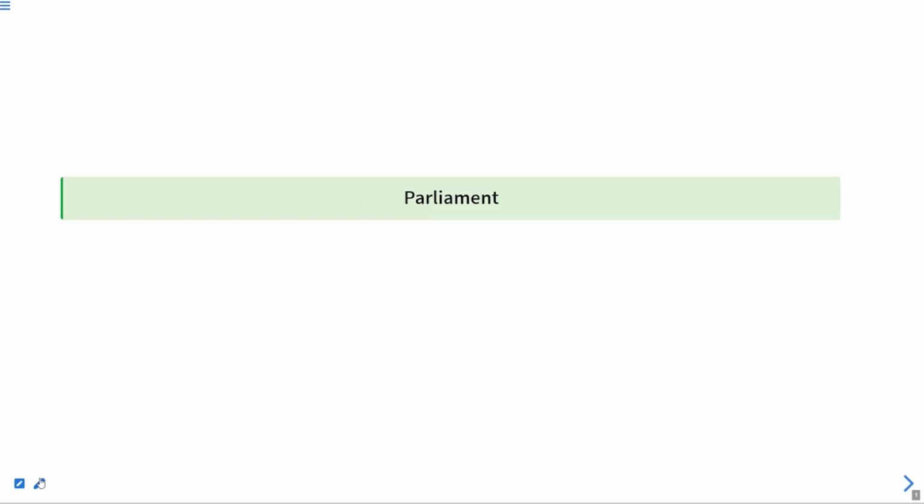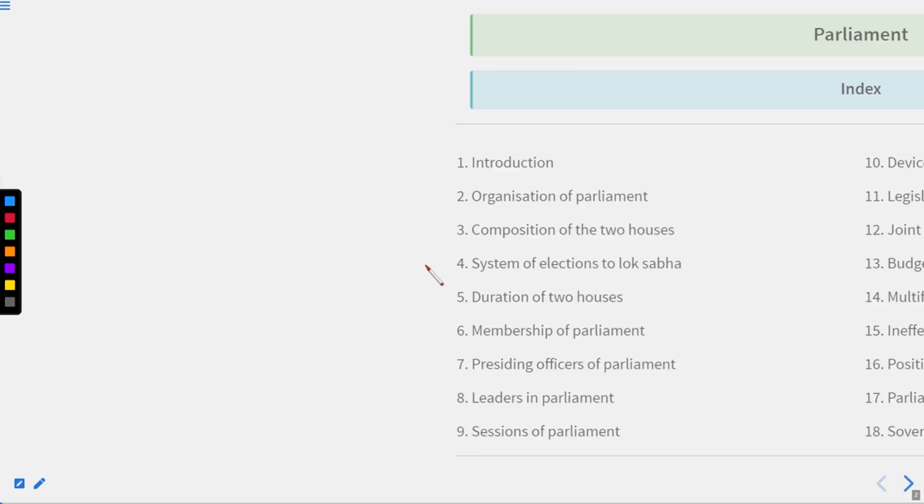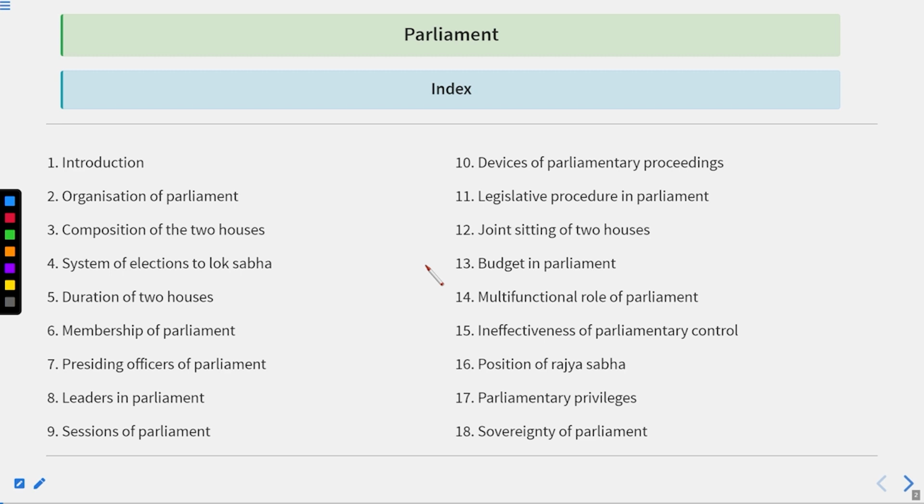So students, as we know, we are covering the parliament, right? And these are the topics that we have scheduled for discussion under this particular series. There are a total of 18 topics, and if we talk about the topics that we have finished so far,